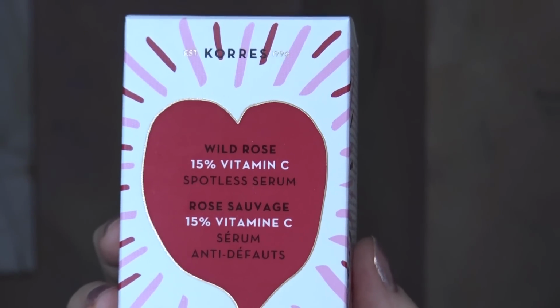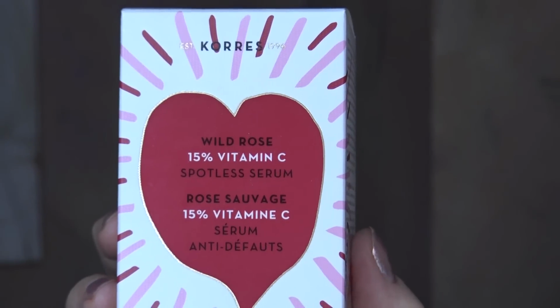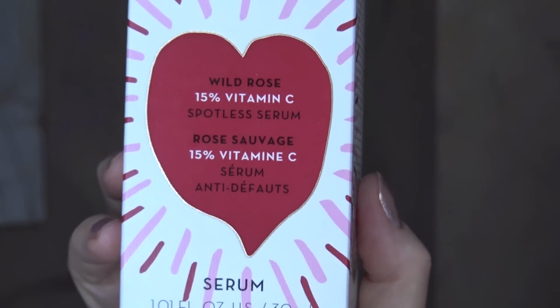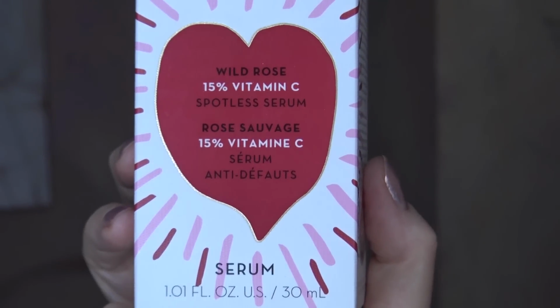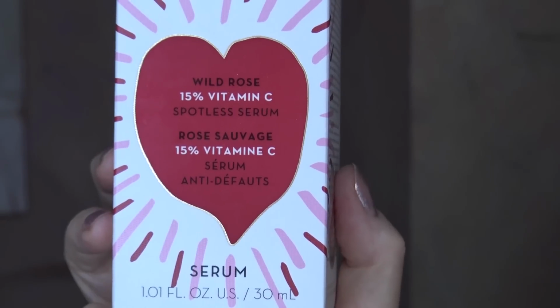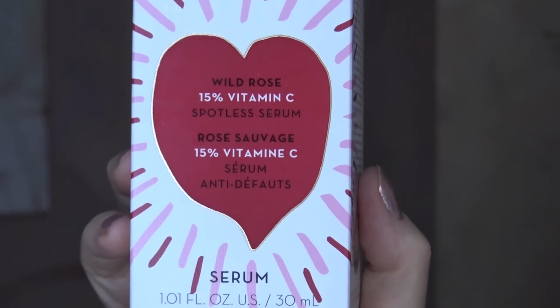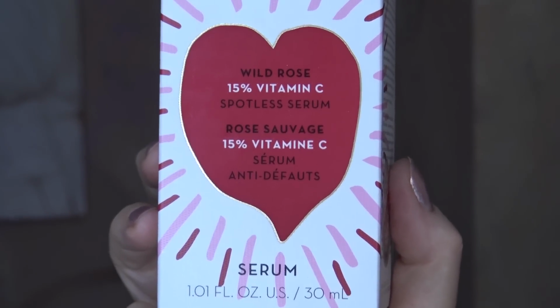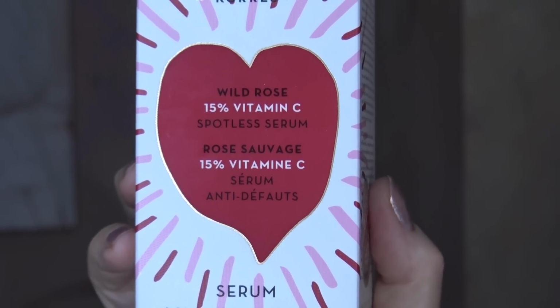Natural source of vitamin C, helps to improve the appearance of fine lines and even skin tone for a smooth, radiant complexion. Super vitamin C, 15%, absorbs 1,000 times better than pure ascorbic acid and minimizes the appearance of skin discolorations for spotlessly luminous skin. And it goes on and on and on. But